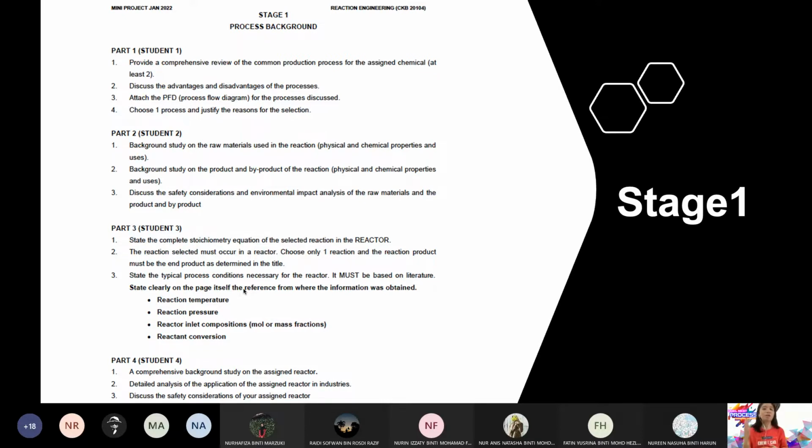Okay, so make sure you remember you are allowed to refer to your seniors. If I said don't refer, it would be a little bit hypocritical. You are allowed to refer. You are not allowed to copy. Okay, as a guide it is allowed, as an answer text it is not. Okay, right? Okay, next. So this stage 1 basically starts from week 1 until week 5. I will inform you of the date of submission. I will put the date of submission on the VLE.